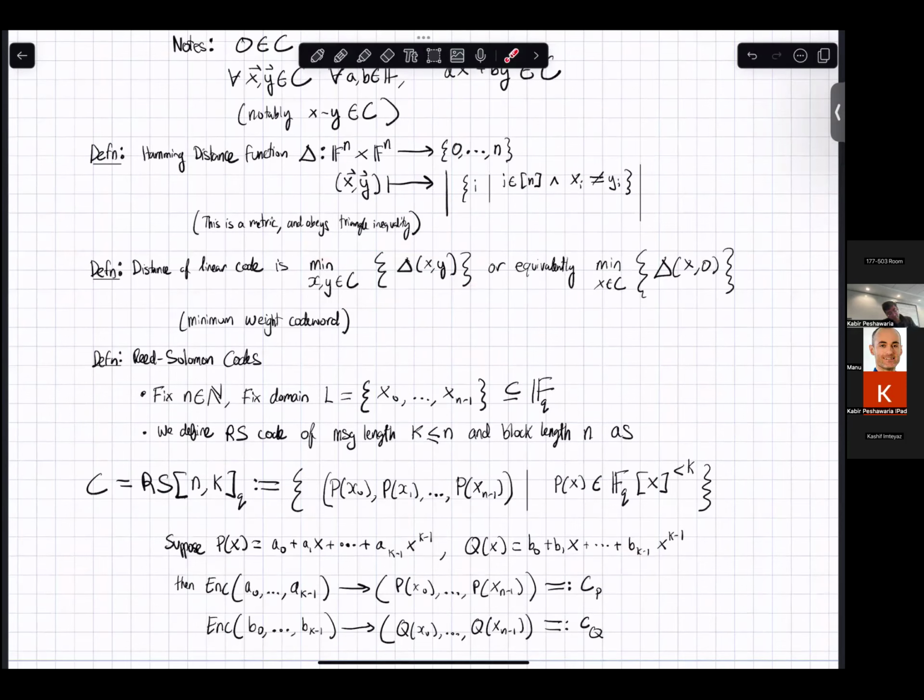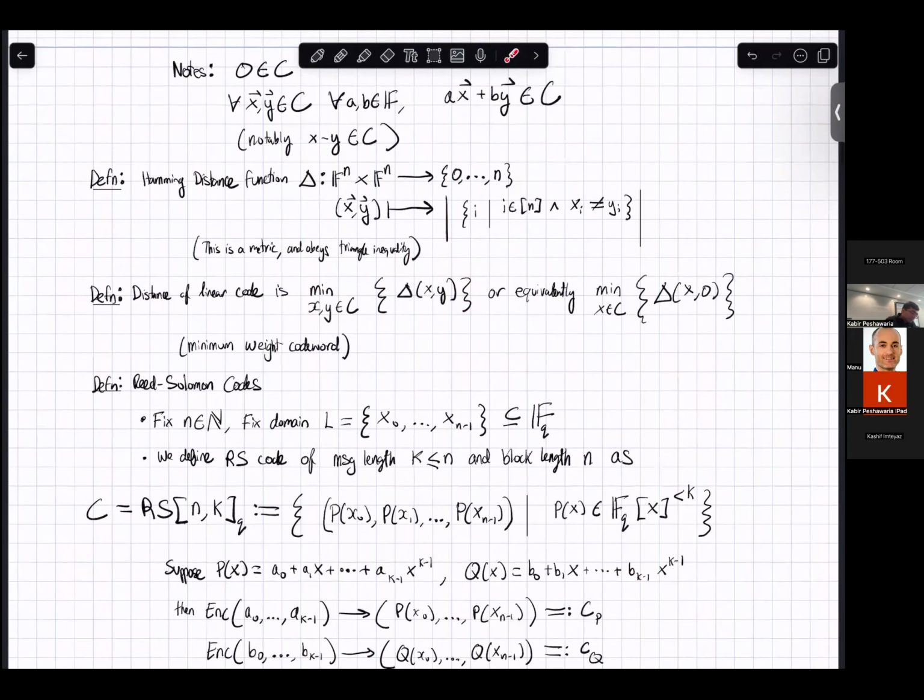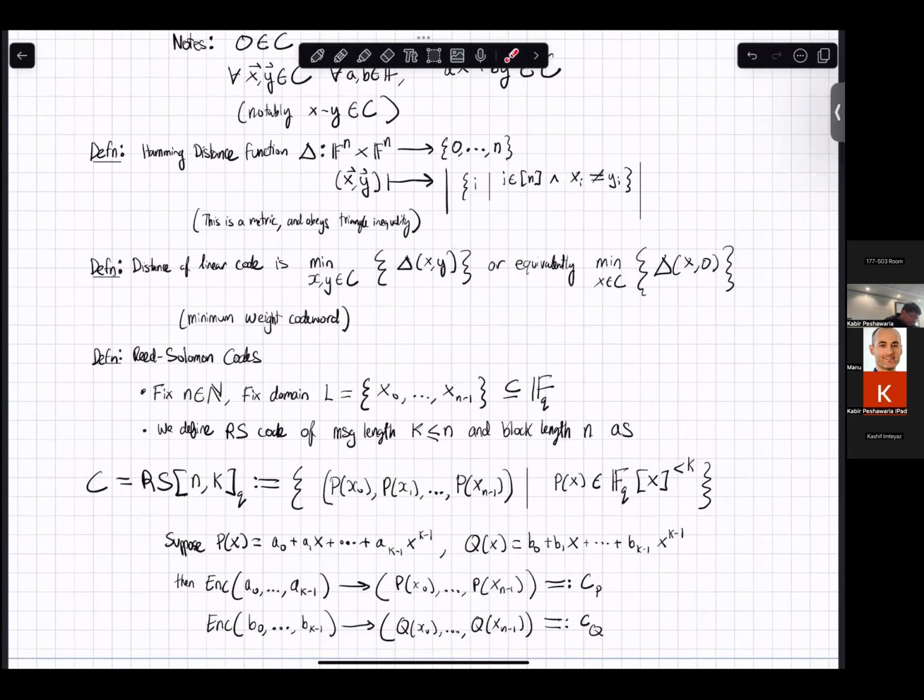I have abused notation here slightly later in the talk where there's this thing called distance. There's also this thing called relative distance, which is basically where I normalize this value, and I divide this whole thing by n. I think it should be clear from context when I'm talking about distance and when I'm talking about relative distance. But yeah, just a warning ahead.